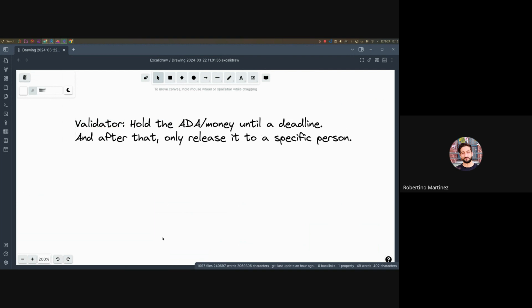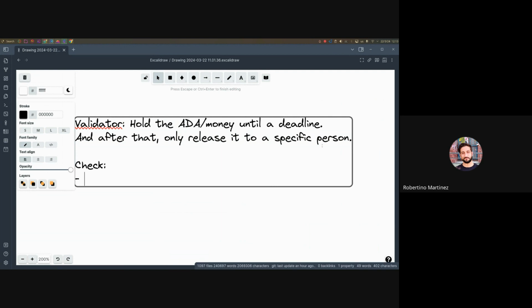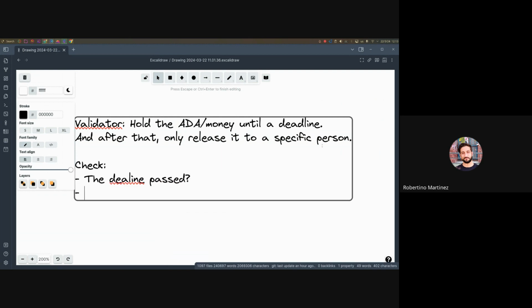So this is what we want to achieve. Think about how we could do a smart contract that does that. We want to check only two things, really. We want to check if the deadline passed, and if the person actually trying to unlock